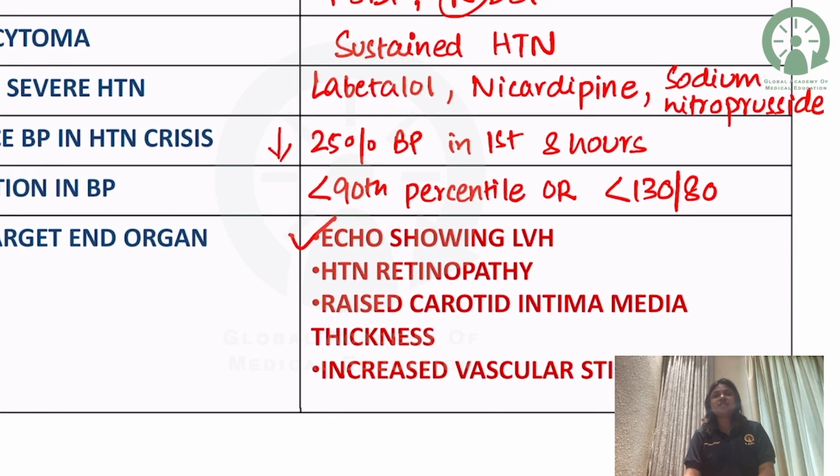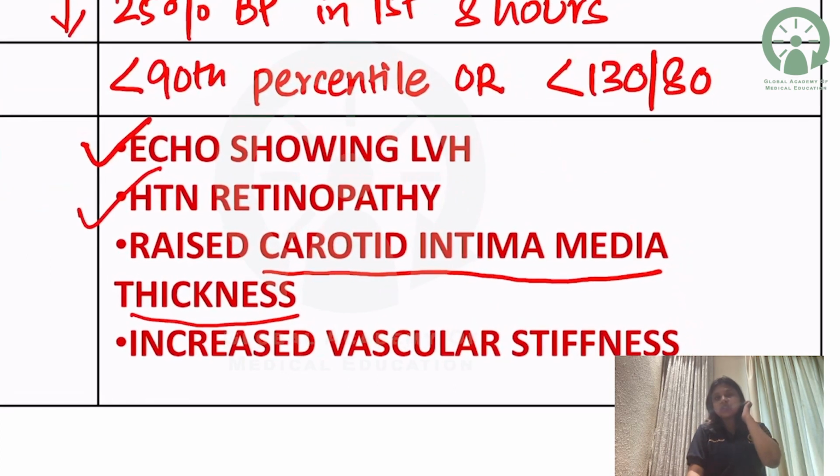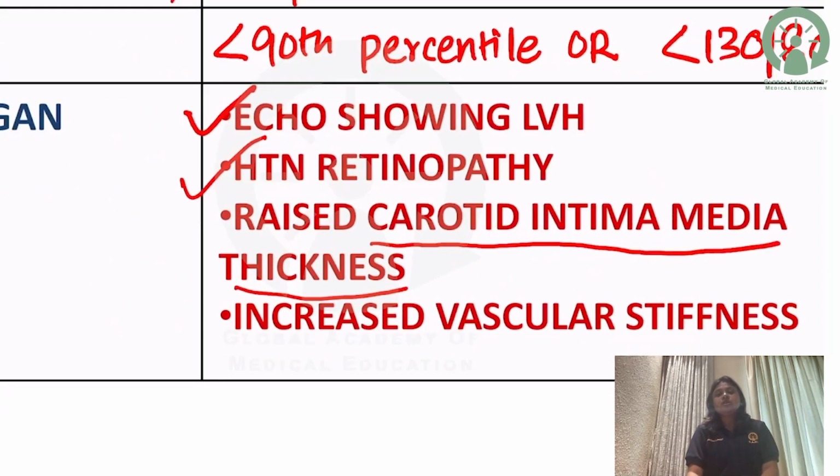Number two is hypertensive retinopathy. One is the heart, next is the eye, that is the retina. Raised carotid intima media thickness, very important. And the last is increased vascular stiffness. You may not remember the last point, but the involvement of the heart with left ventricular hypertrophy, hypertensive retinopathy, and increased carotid intima media thickness are very important